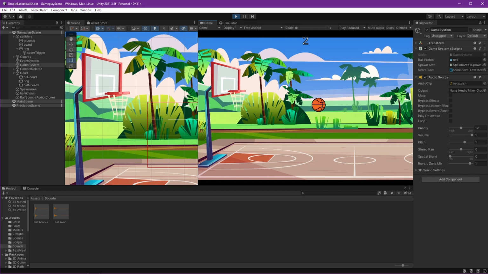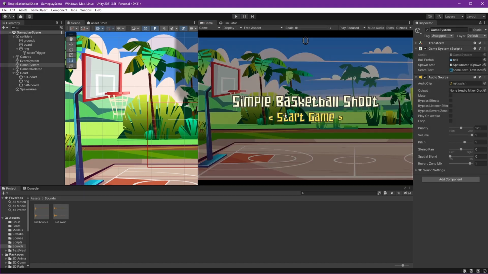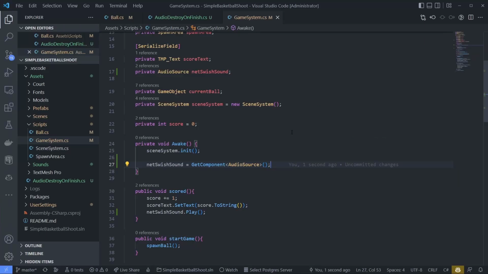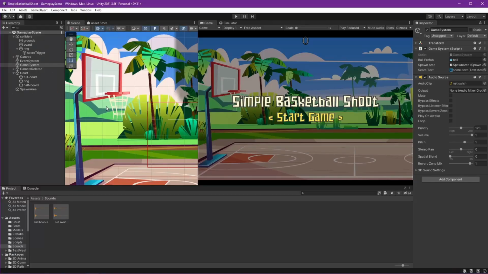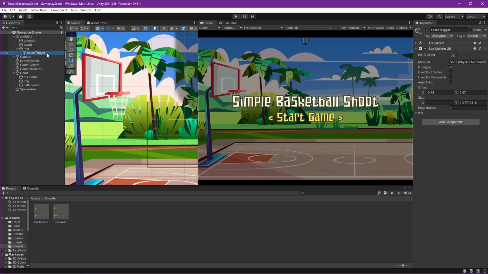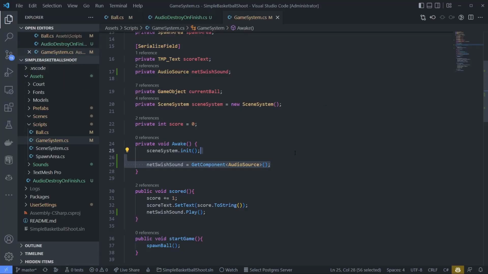Okay, it's good. You can choose this way, or we can try one more thing, which is use it on the score trigger. Let's remove the code first.